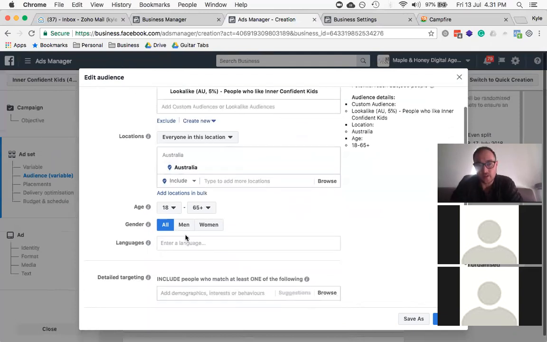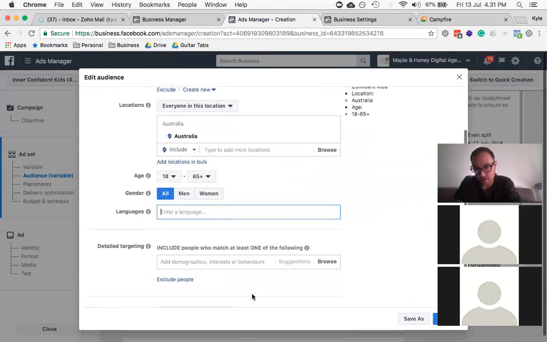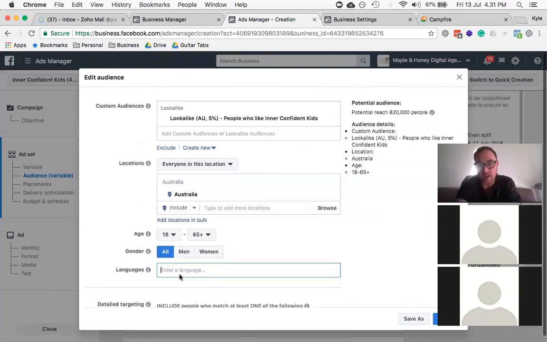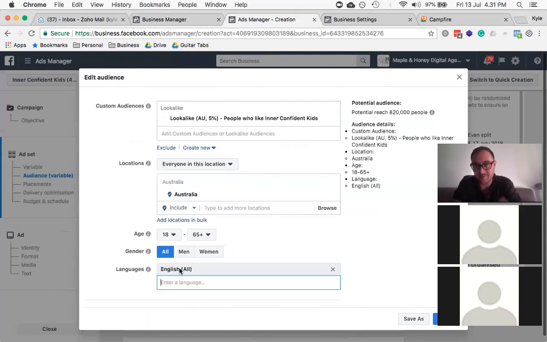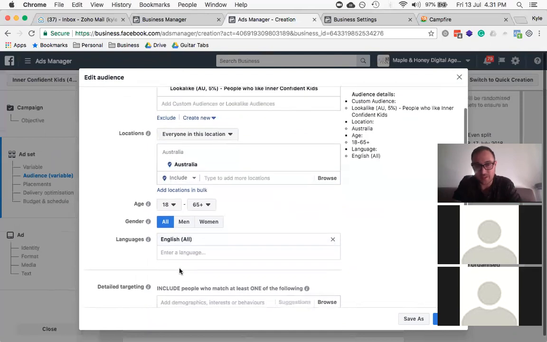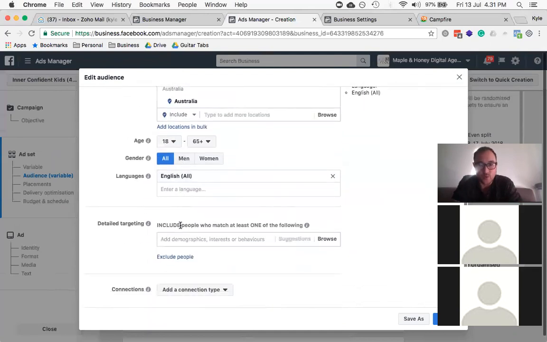What I'm going to do as well, though, is some filtering. So we're targeting people in Australia. Age, I'm going to leave open. Gender, I'm also going to leave open because I'm going to do some filtering down below. I'm going to do English, just so that English ads are being put in front of people who speak English. And as well, because the ideal target market is new parents, I can